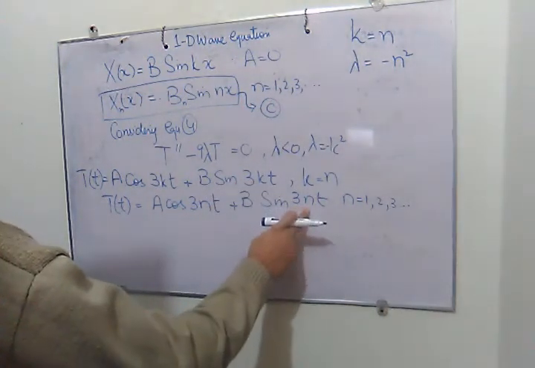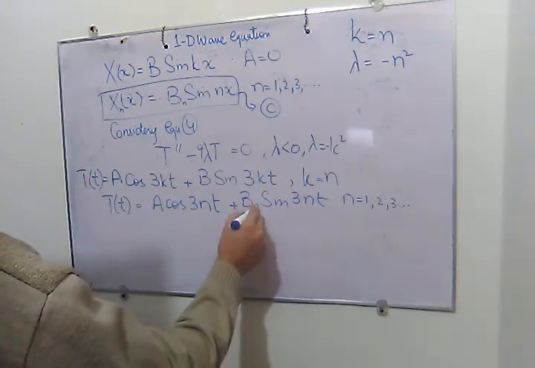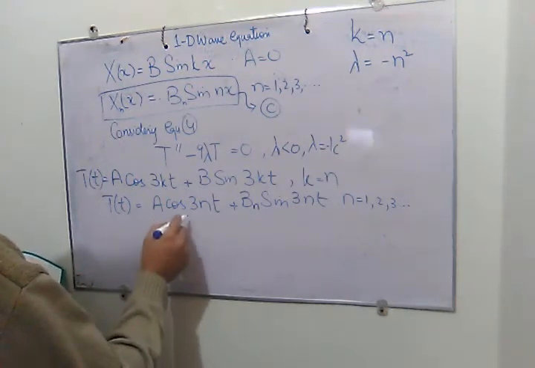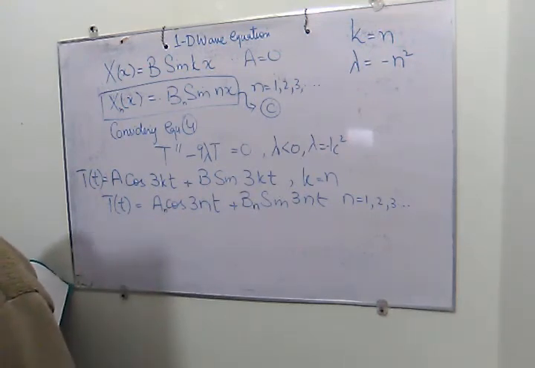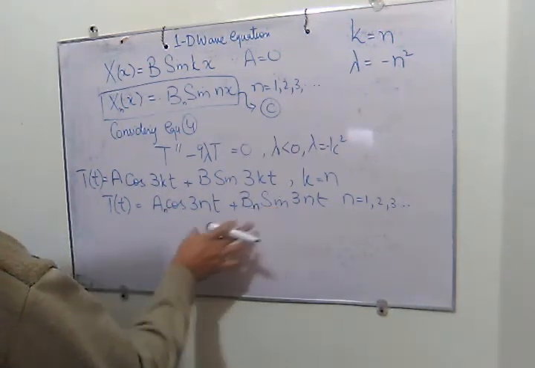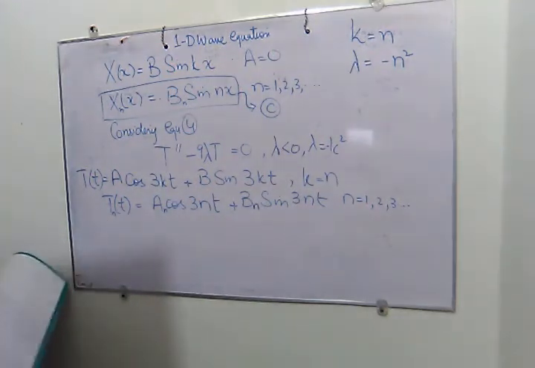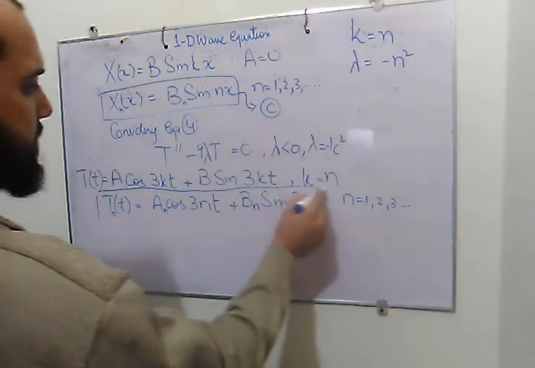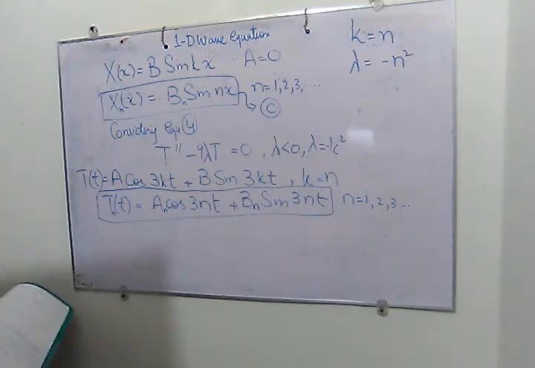Since there is n which shows the multiple sine terms, each sine term has its own coefficient, we have to write n here, and here again we have cos terms, n cos terms, so each cos term has its own coefficient. Because of these n terms, this is also a multiple solution and we have to put the n here. Now this is the equation number D.